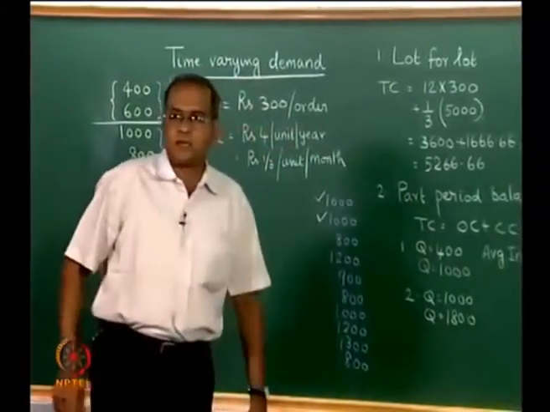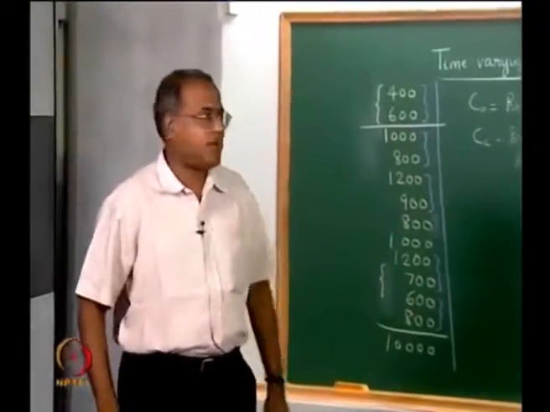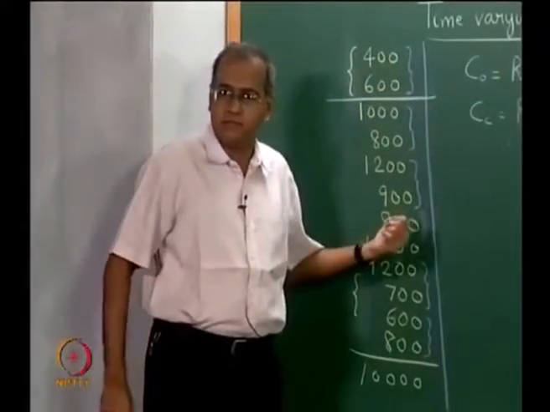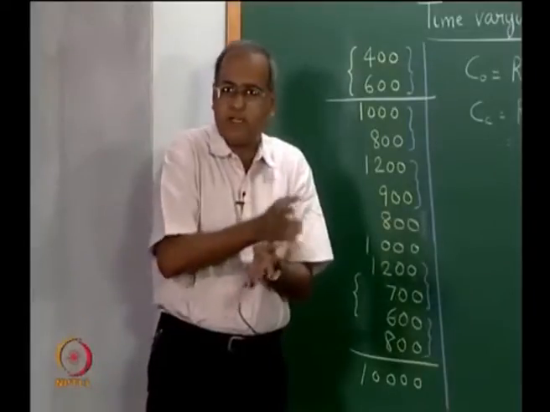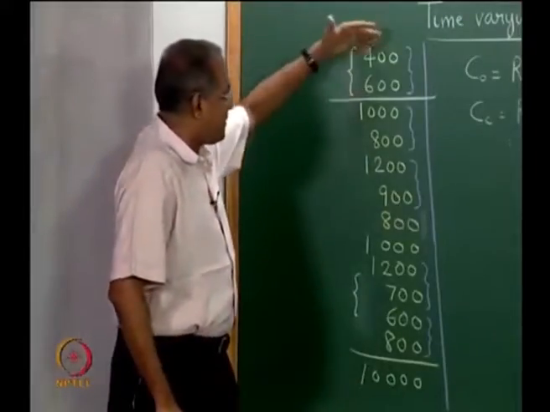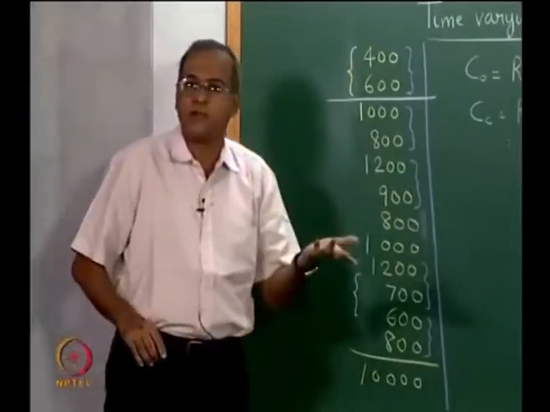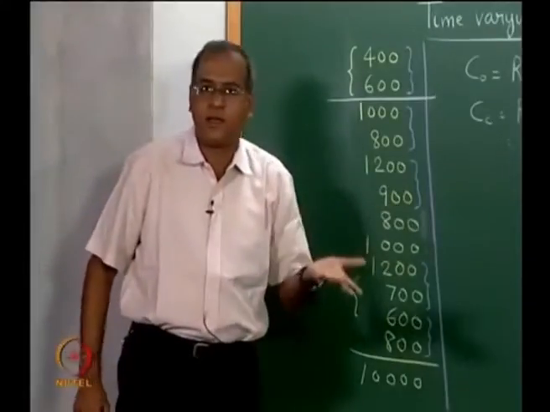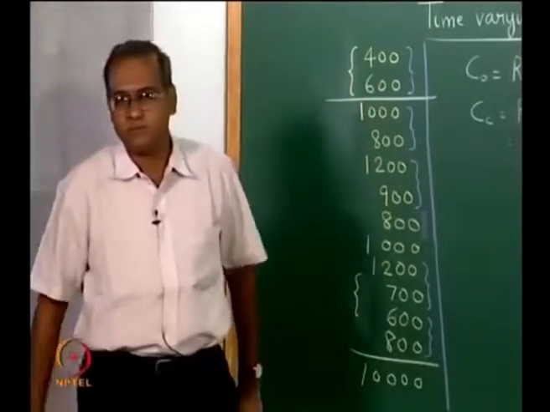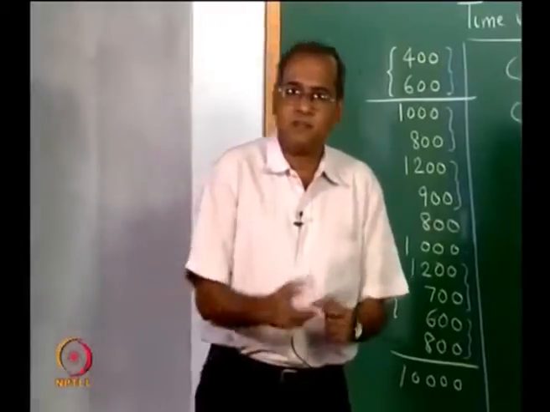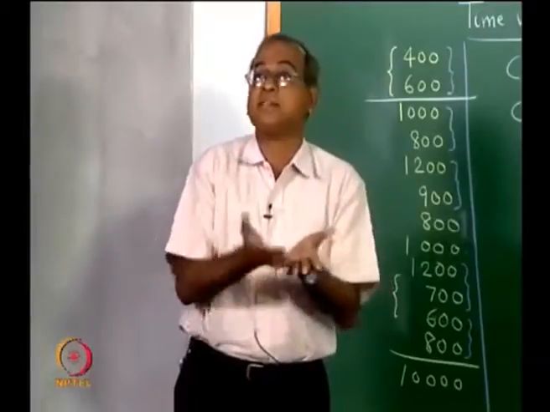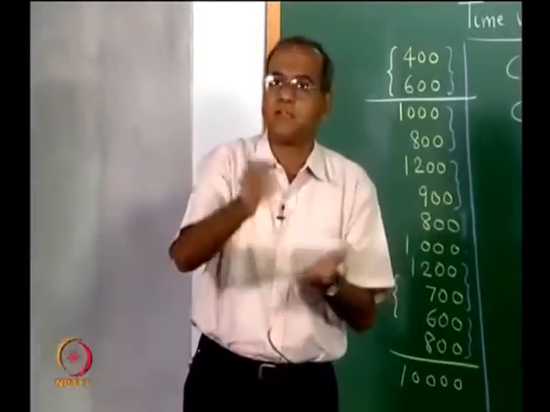Now, another question is, how do these heuristics behave if there are lots of peaks and valleys in the data? We did briefly mention the impact of the peak in the earlier lecture. We gave an example where if the first month's demand itself is 2000 out of the 10,000, then rounding off the economic order quantity is not going to help us. The other issue is, if there are time periods where the demand is 0 for certain items, how does Silvermeal behave? How would part period balancing behave? Would one behave consistently better than the other?